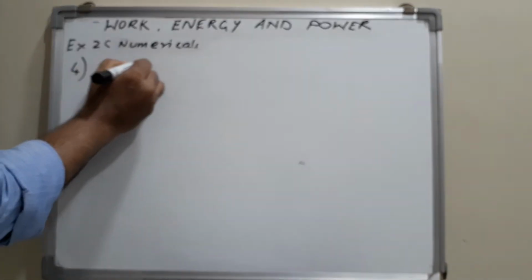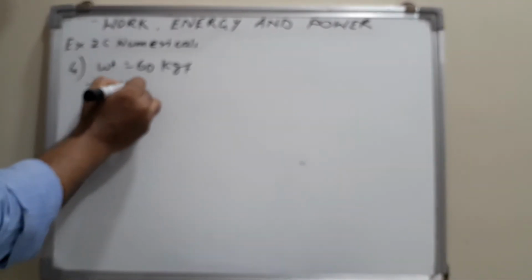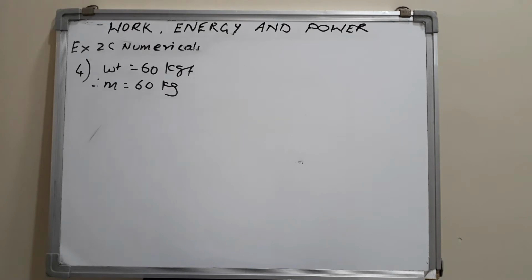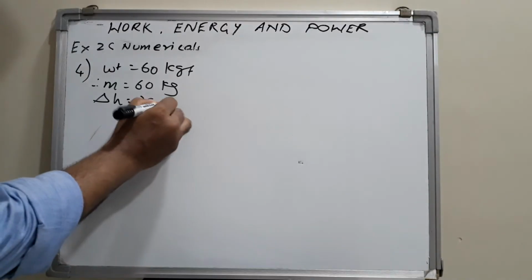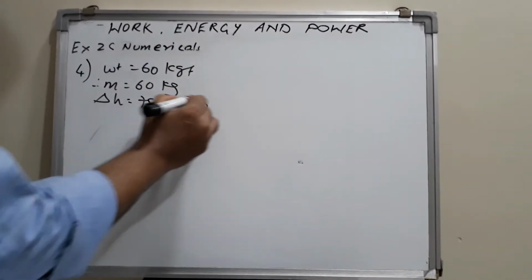We come to question number 4 now. It has given a diagram and shows a ski jump. A skier's weight is 60 kgf. Since weight is 60 kgf, therefore mass will be 60 kg. And he's taking a jump from there, and you can see the height 75 meters, and he is dropping down and coming back again to 15 meters from the bottom. So his delta H is 75 minus 15, that is 60 meters.